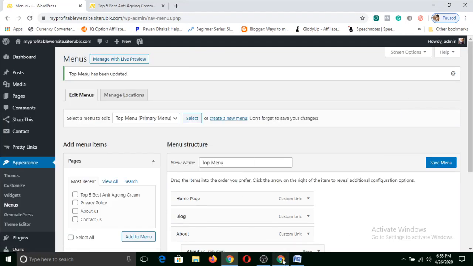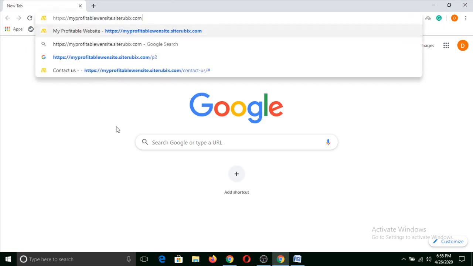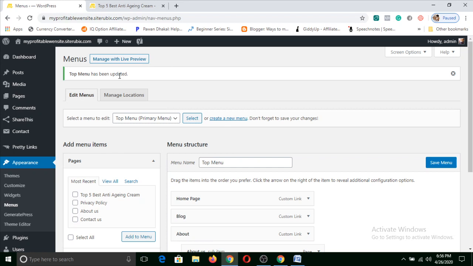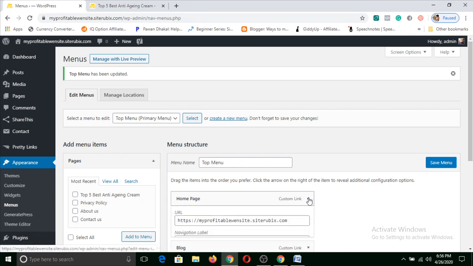So once you do this much, if you check your domain, let me reload it. So it is still not showing. Let's see.